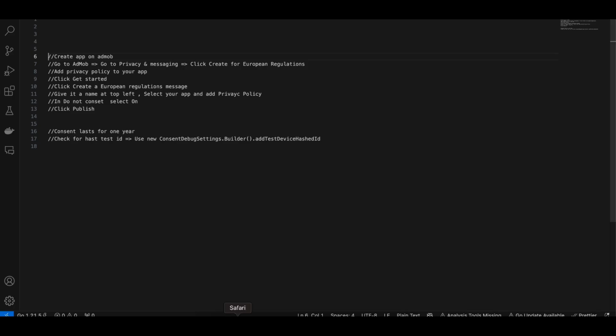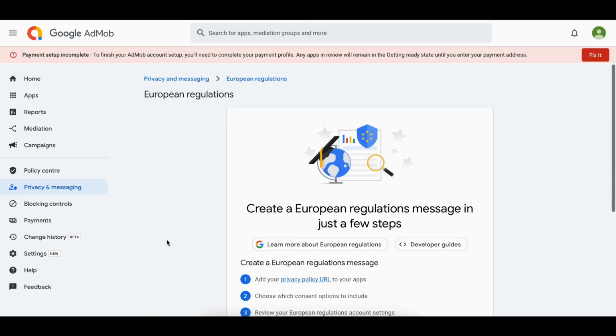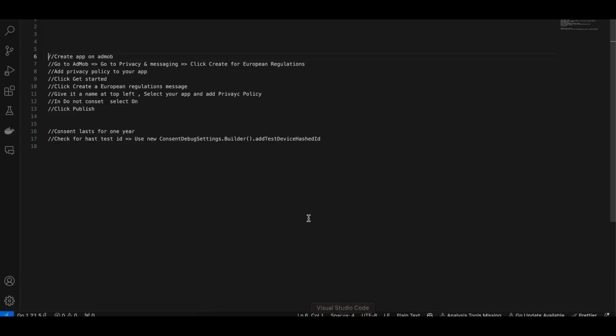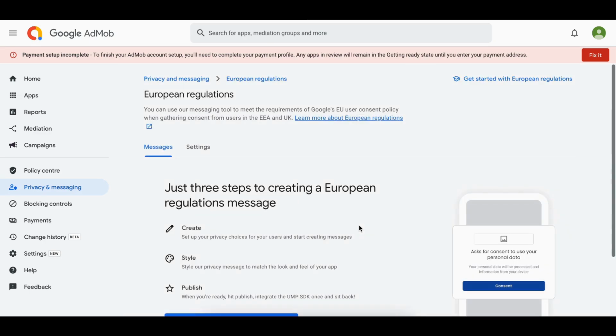Okay, then click create for European regulation. So I'll just click on create. Then we'll click create. Then we'll have to click on get started. So here, as you can see, they have mentioned that add a privacy policy to your app, so you can add that. Here I will just click on get started,